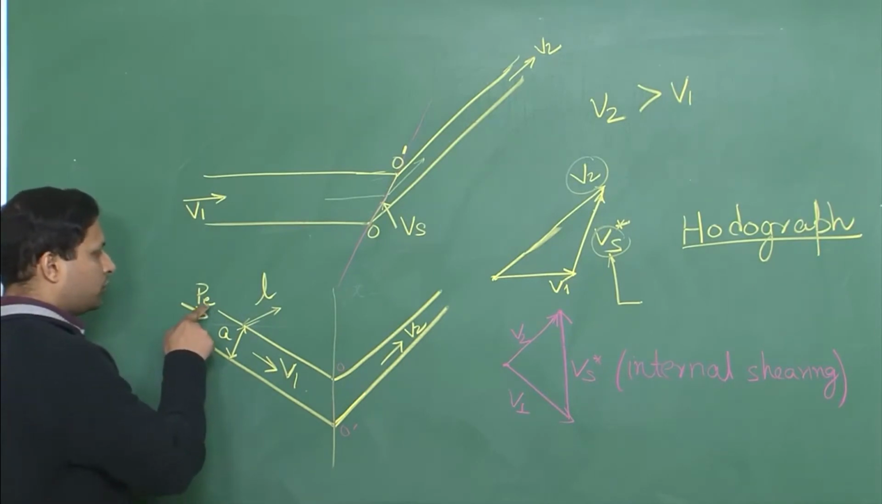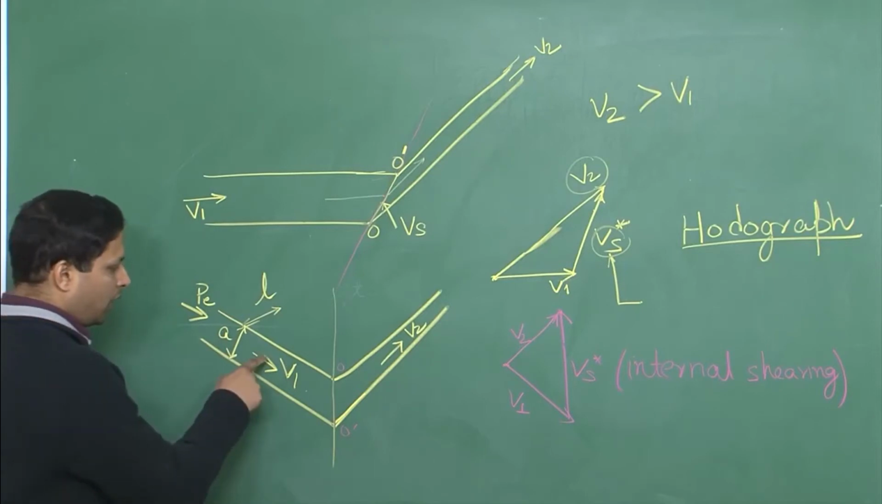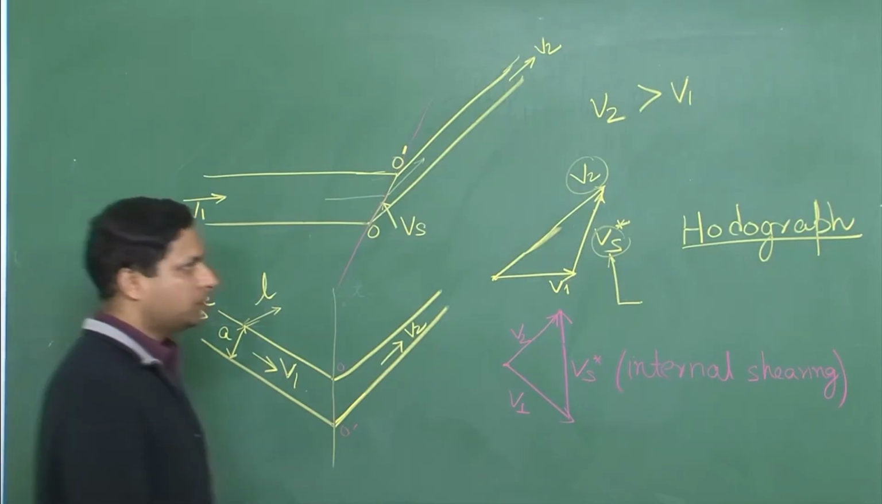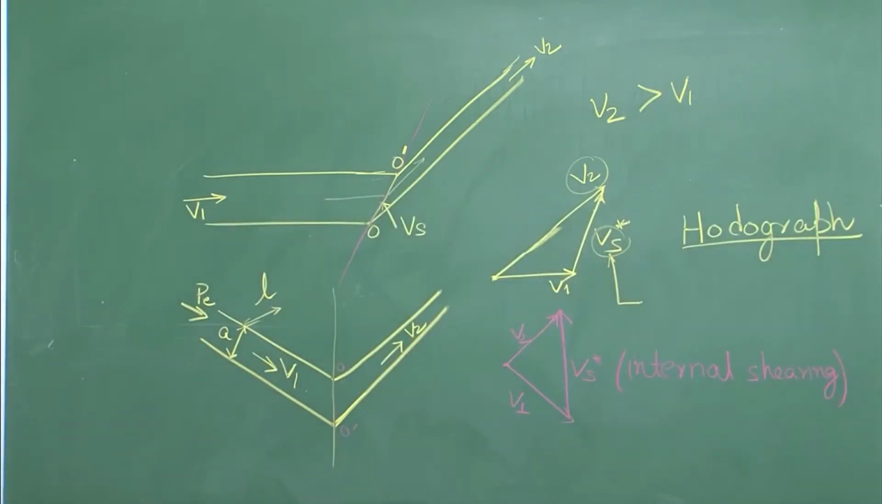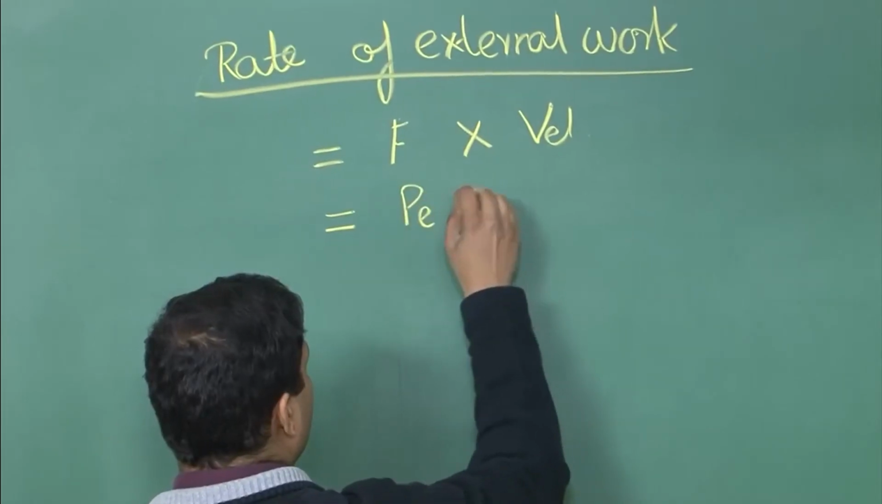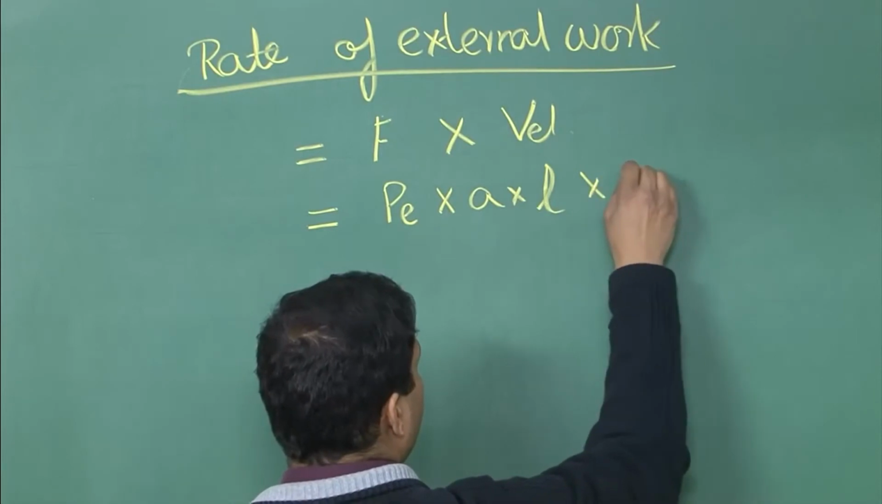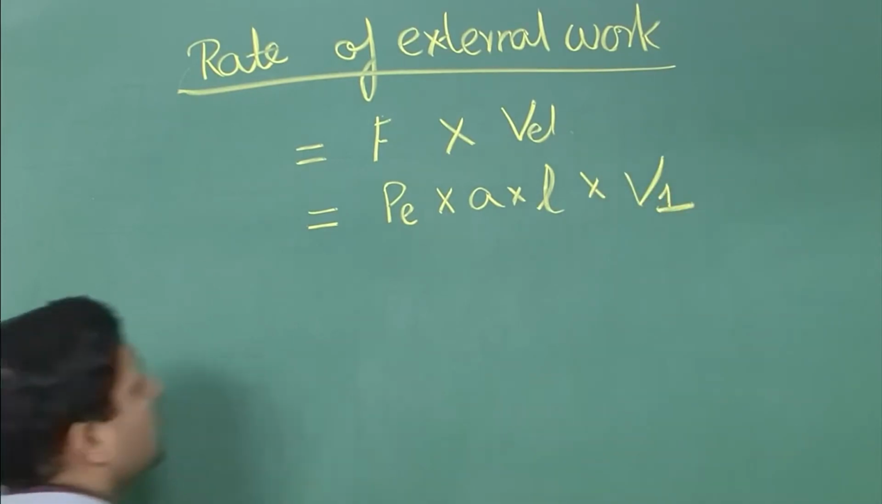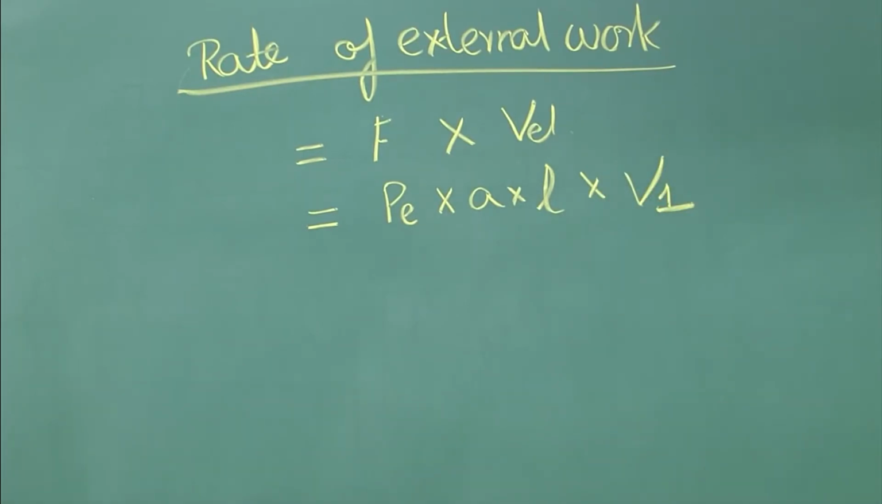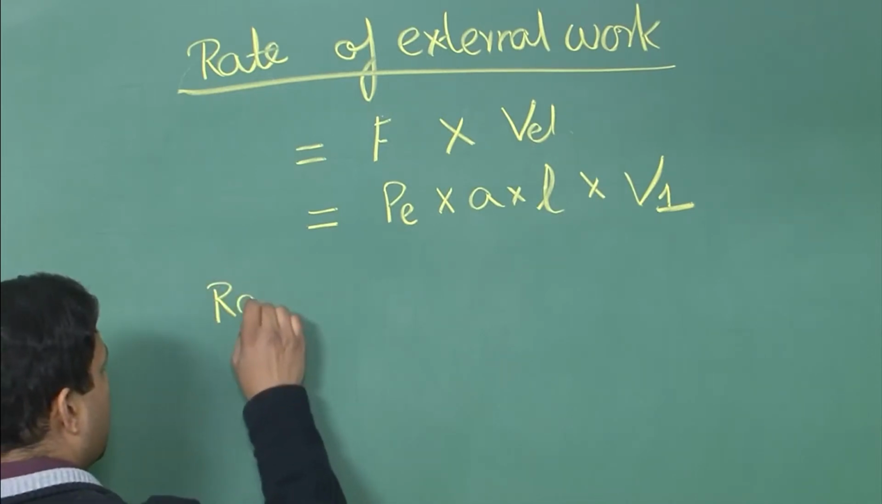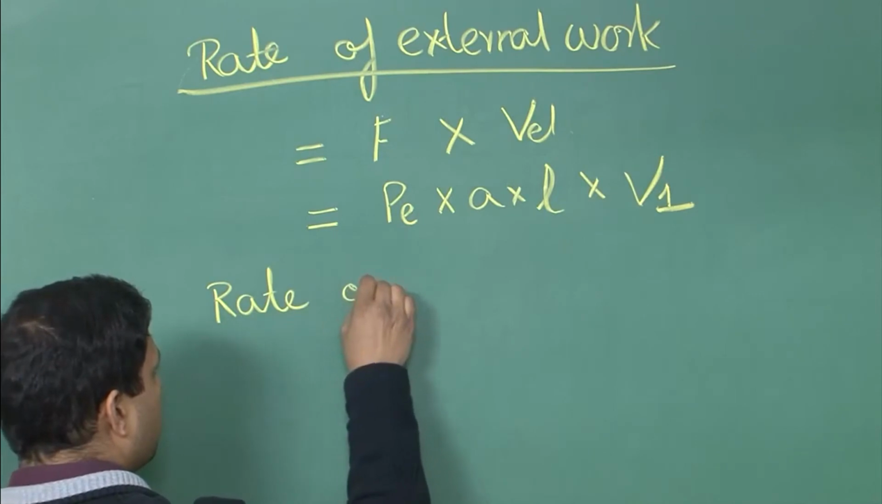So, now force will be what? PE into L times A, that is force, and this is our velocity V1. This is the rate of external work. Now, we need rate of